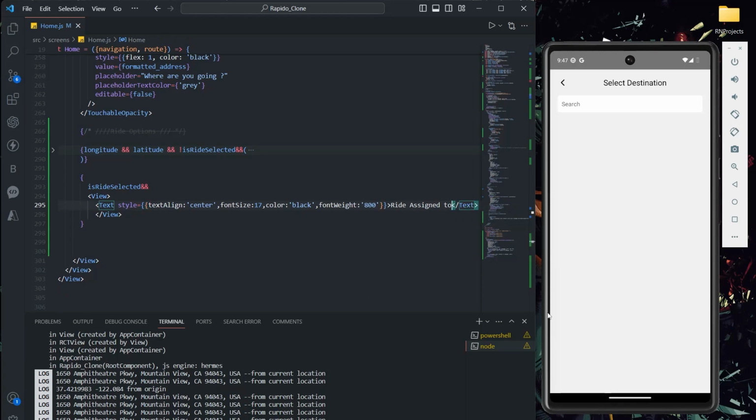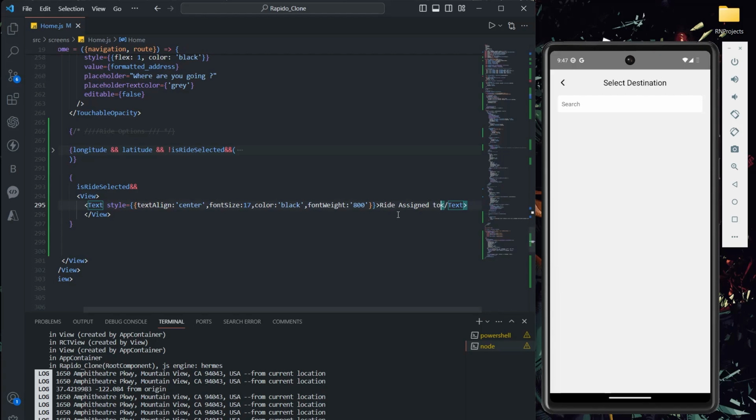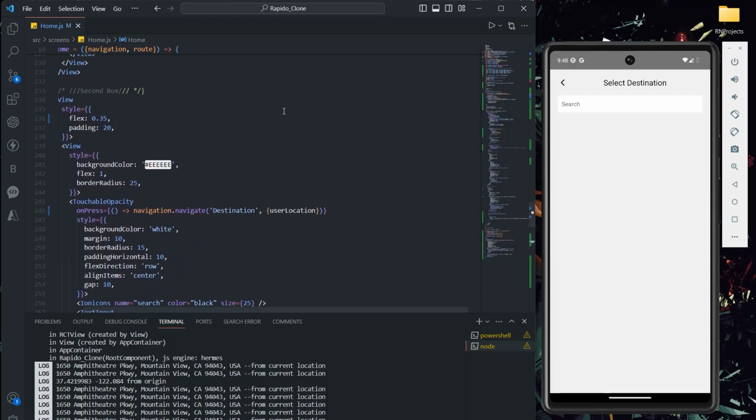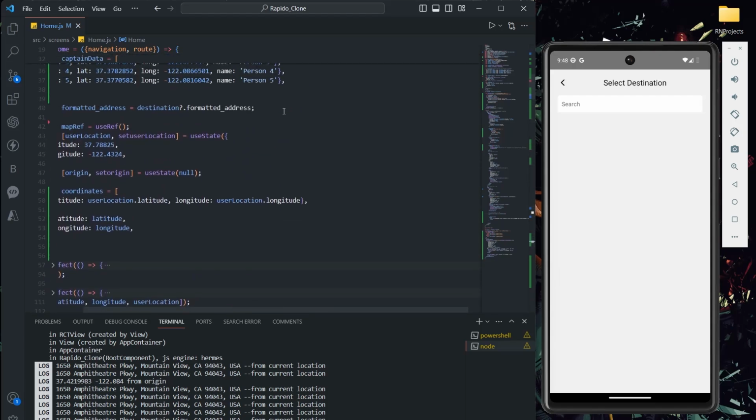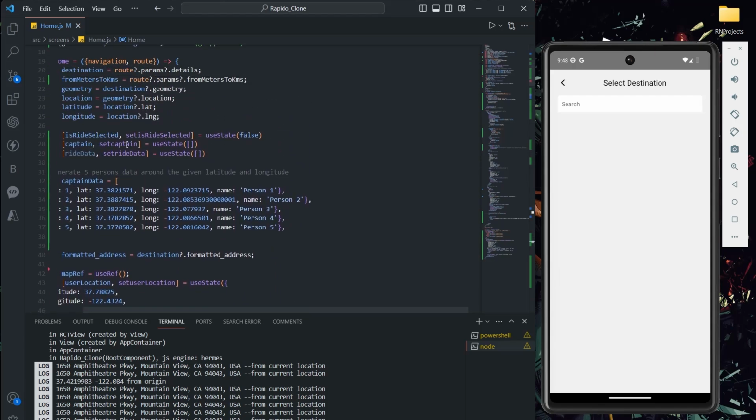That's it. And now I want to show that particular captain's name, the captain who is assigned to this ride. To show that name, I need to write JavaScript in this, so you have to use curly braces. In which state are we storing that captain data? This is the data, right?